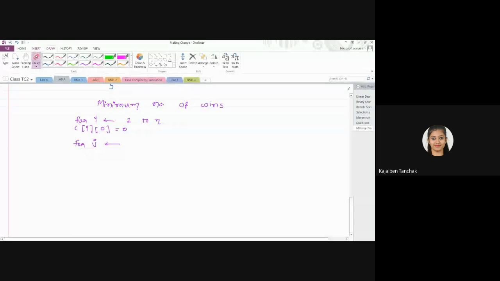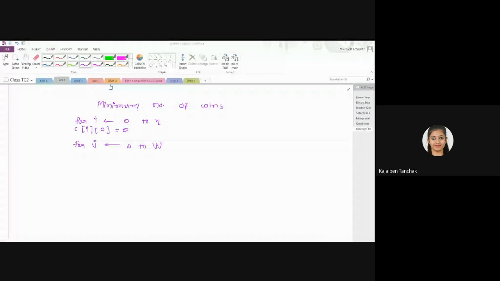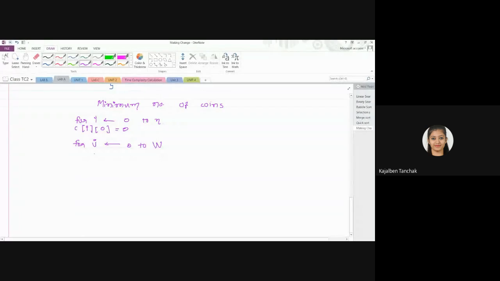Okay. We will start I and j from 0. So C of 0 comma j, you will put what? Infinity. Okay, when I value is 0, you have to put infinity. When j is equal to 0, you have to put 0. Right?